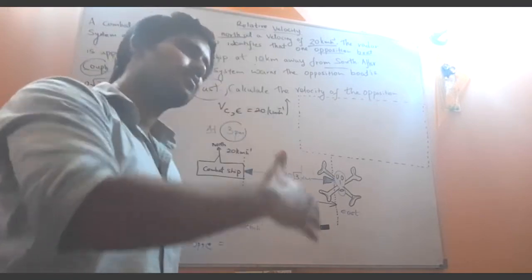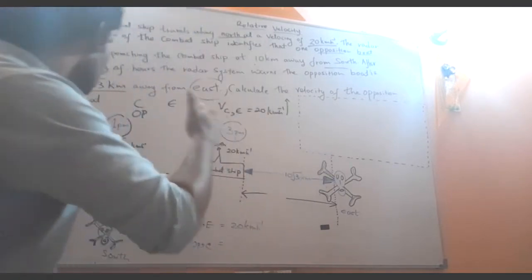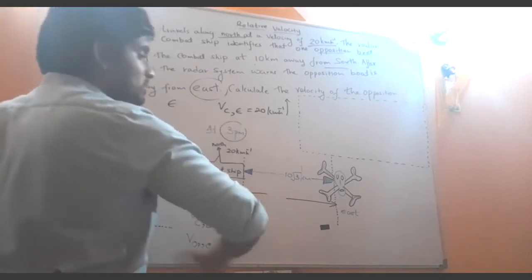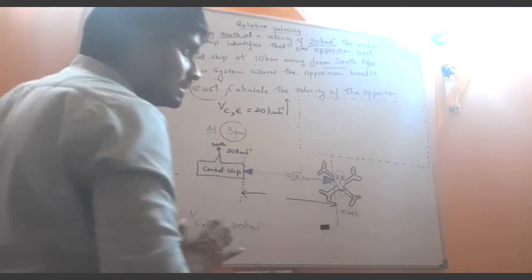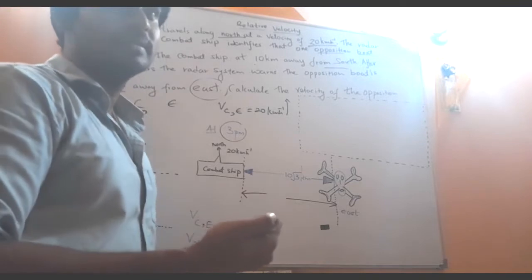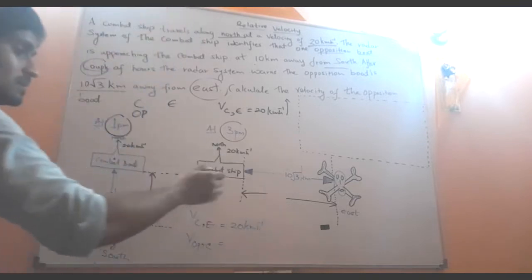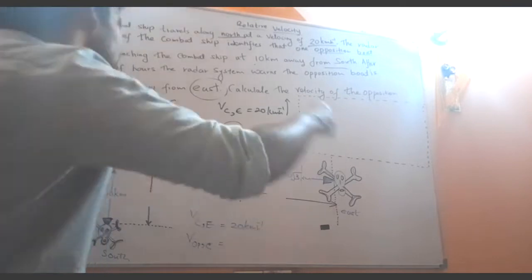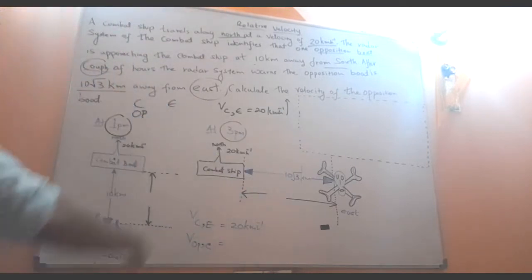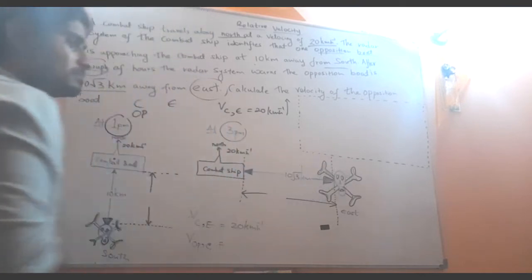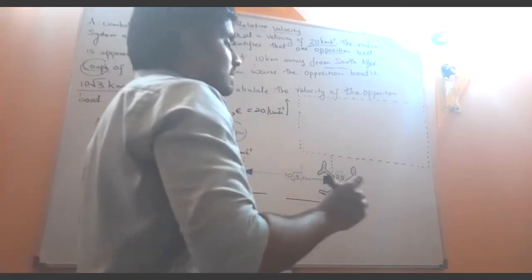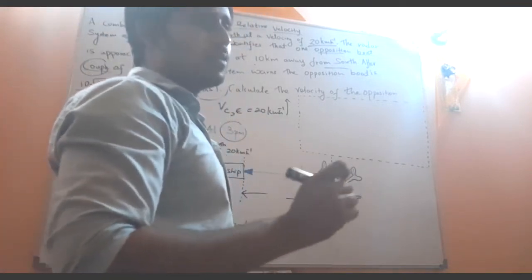A person who is inside the combat ship sees that at 1 p.m. the opposition boat is here, at 3 p.m. the opposition boat is here. Actually that is not something that is undergone with respect to earth. These two scenarios are seen by someone who is inside the combat ship. At 1 p.m. it is here, at 3 p.m. it is there. So now the most important thing, I will consider the position of the combat ship